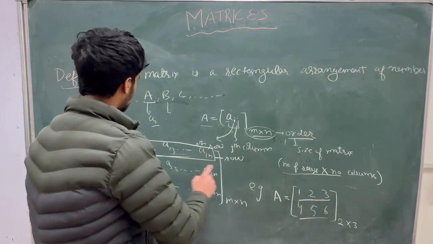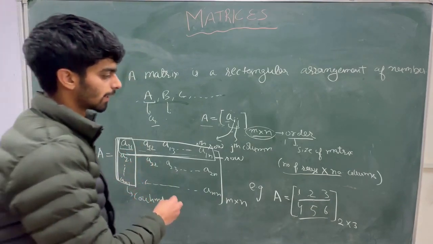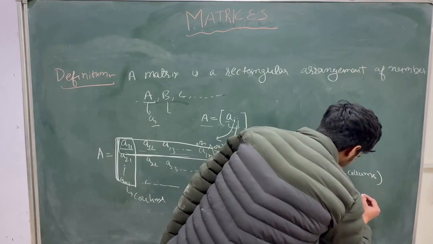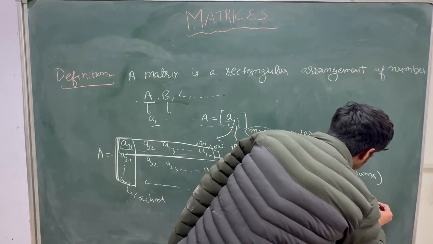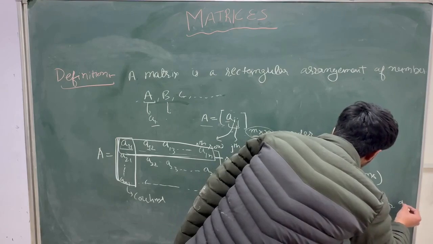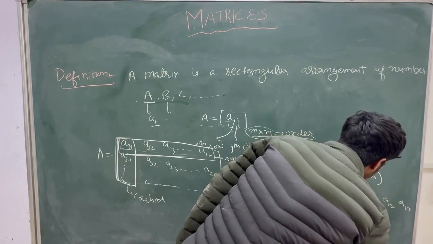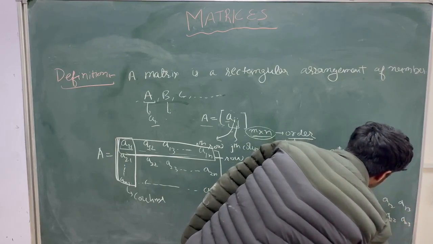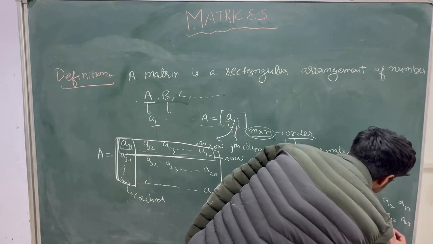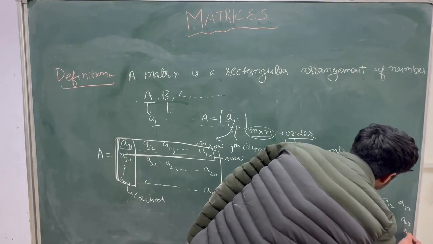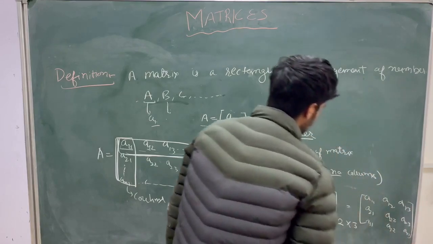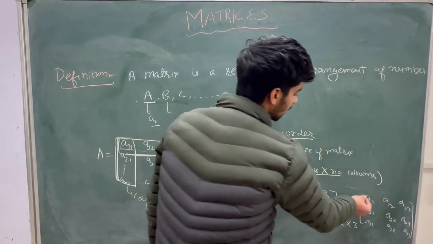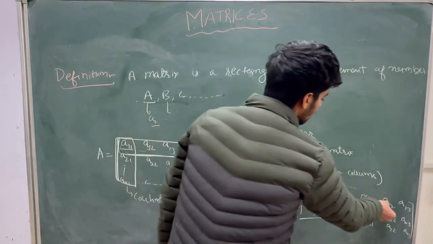And you can write this matrix in this form. Like you can write this matrix as A11, A12, A13, A21, A22, A23, and A31, A32, and A33. So you can compare this. A11 is 1, and similarly A12 is